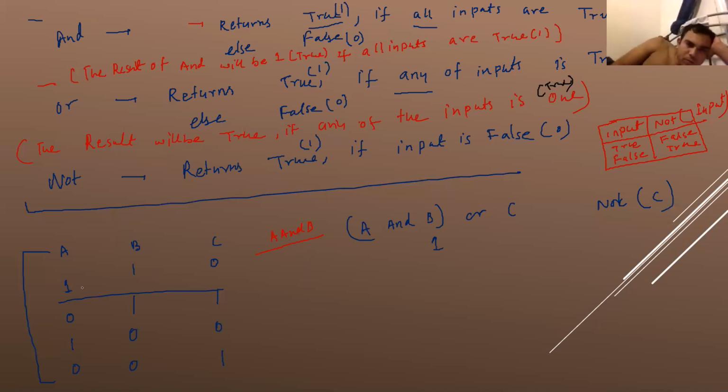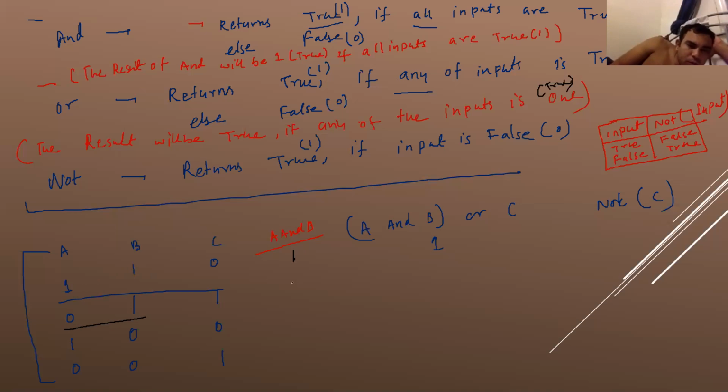Kaim, look here. What will be the result of A and B in this case? 1, 1. 1. Why? Because all the inputs are 1. Yes. And the result will be 1 if all the inputs are true or 1. In the second case,